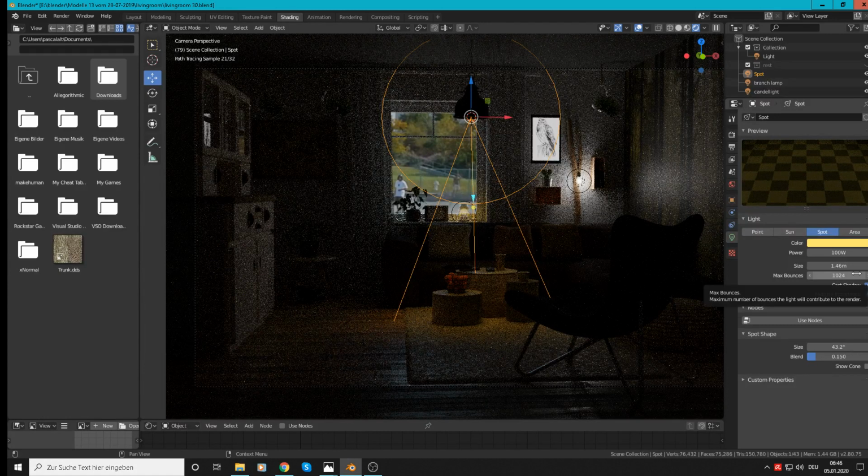Maximum bounces gives the amount of times light collides with a wall, then collides with the other wall and another, and that makes how fine the light is there. So we can handle the outer light,